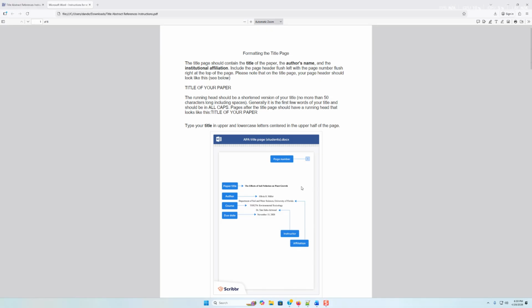7 to 15 words long. You don't want it to be so long that it's very hard to even remember the title, but you don't want to make it so short that it doesn't look like a title, right? So between 7 and like 15 words is a good frame of reference. You're going to have a page number in the upper right header of your document. Then you're going to have the title. You're going to have the author, which is you, right? Your full name. The department